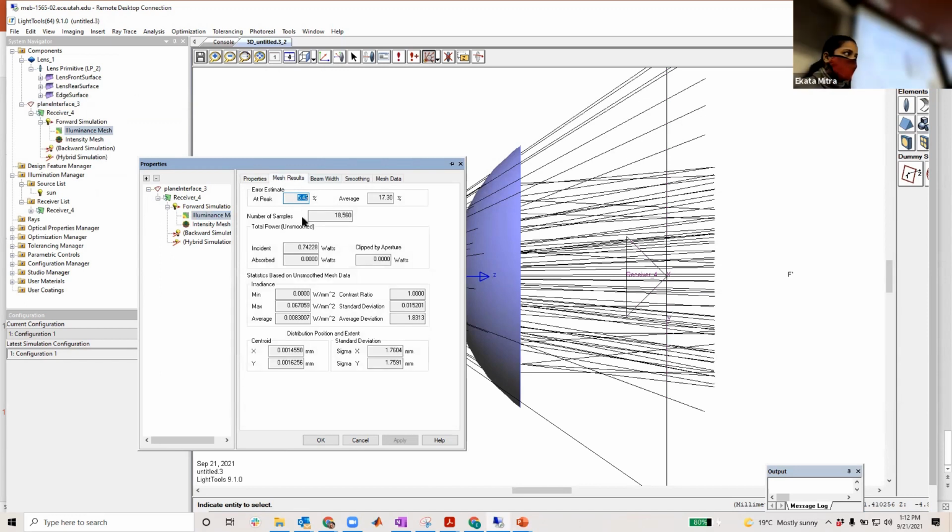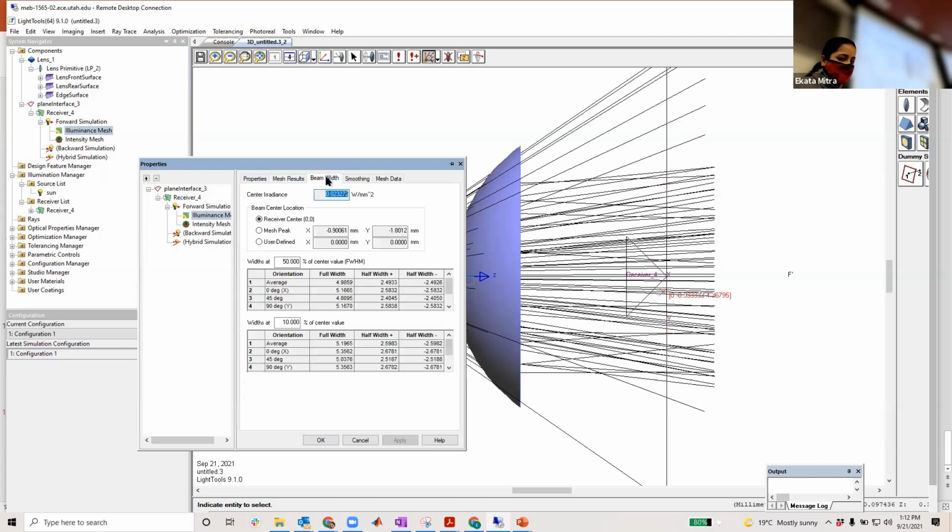That means the error, even if it is under 10%, is going to be a stable one. So you can see there is the total power incident, absorbed, clipped, and every detail is there. That's what I am telling you, like the half width beam, with the full width.